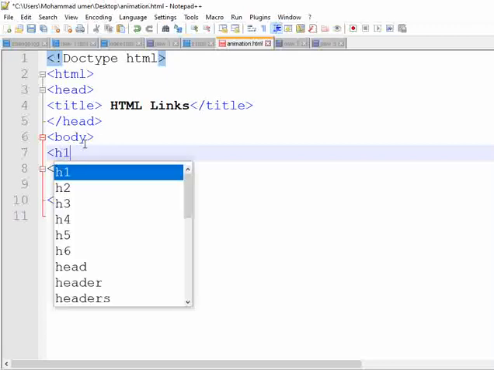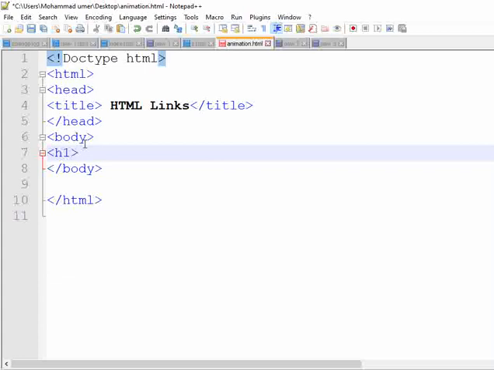H1 for the heading. The heading I'm giving here is Chapter 1. Basically, what I'm doing here is first creating a bookmark by using the ID attribute, and then I will add a link to this bookmark. Let's close it.